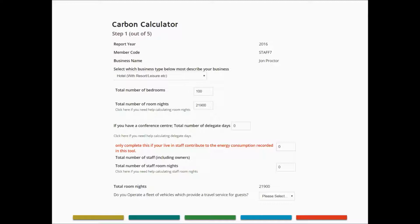Okay, this is just showing you the carbon calculator step 1. This is a screen grab, so this is what the actual tool looks like. It's quite simple. You can see it puts the report year, the membership code, the business name. That's all pre-populated for you. You have to choose what type of business you are, so you have a drop-down list of different types of businesses. In this example, I've chosen a hotel with resort, but you have offices, cafes, restaurants, visitor attractions,